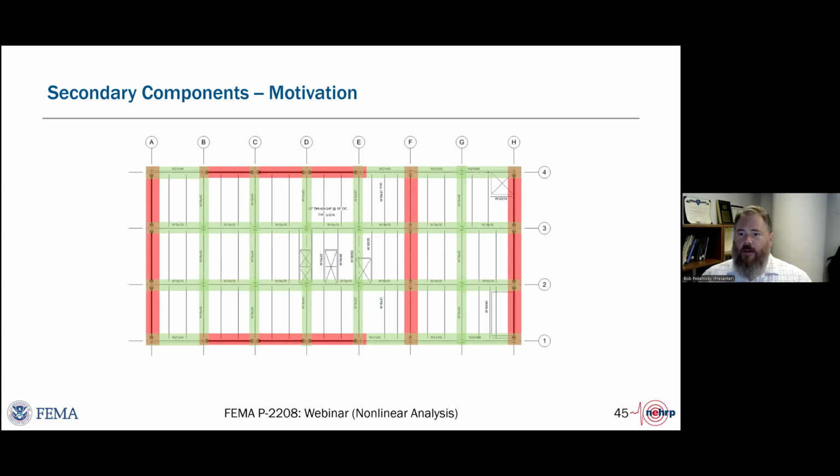And polling the project team members, it was found that many project team members do not model the green frames. And they find that it is added work, that adds to the computational time, for not much benefit. And then there were others who said, yes, but that may be for steel, but for concrete, it certainly matters. And deformation compatibility is really important. And that's why we tell people to do this.